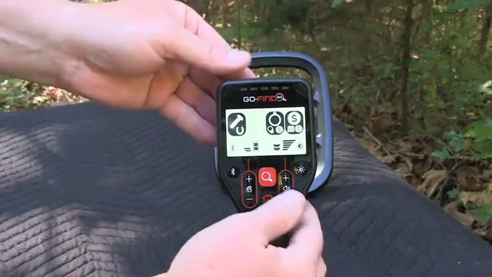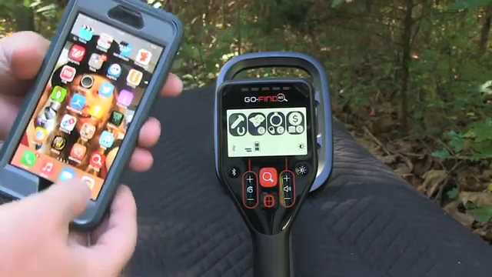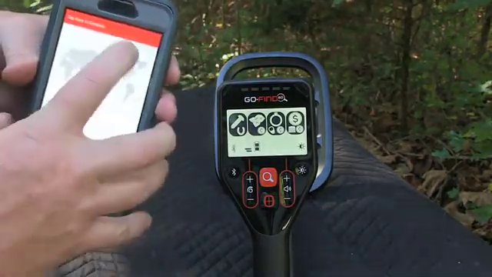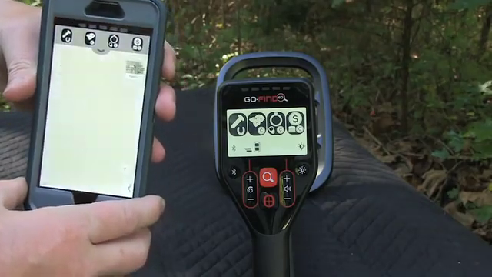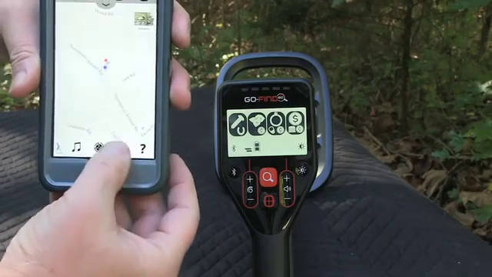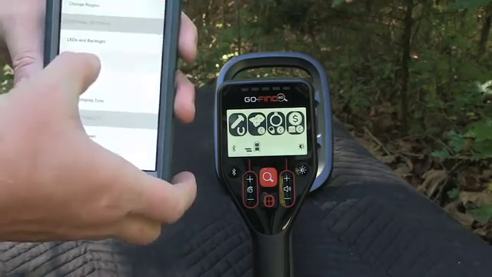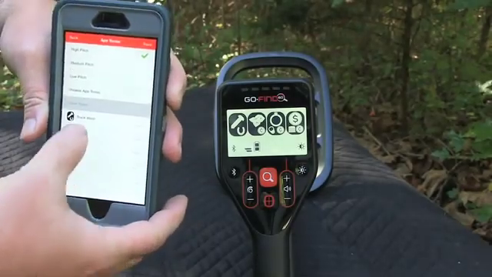Okay, now what we need to do is mute the detector audio, bring up our GoFind app, tap to connect. It connects, brings up my location. Now the bottom right, there's an arrow. Tap the arrow, go to settings, go to audio tones, and now we see app tones, and these are now